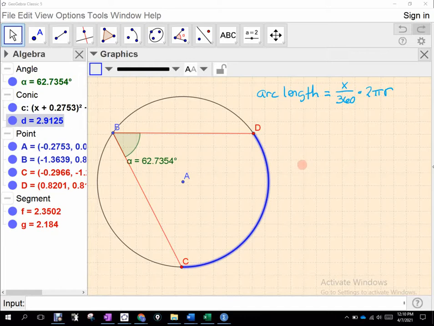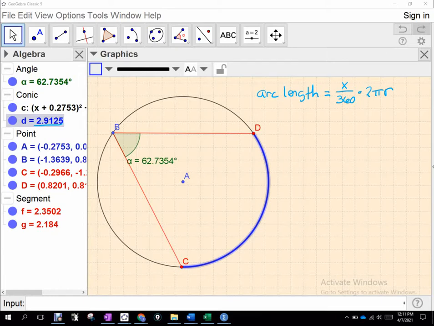What I want to do here is, right now we're getting this blue distance reported by GeoGebra. I actually want to take that 2.9125 number and convert it into a degree. If they give me the arc length, I should be able to determine from that the degree